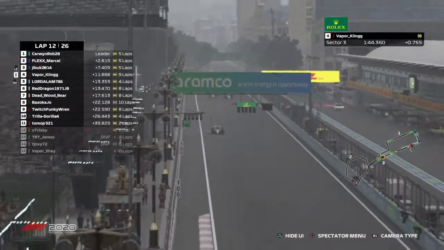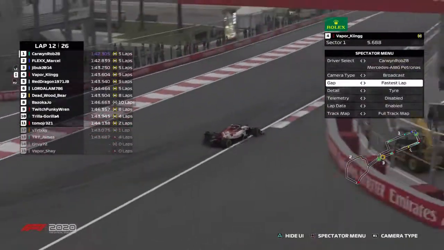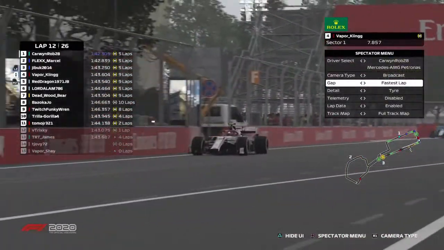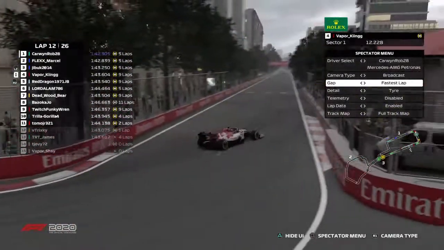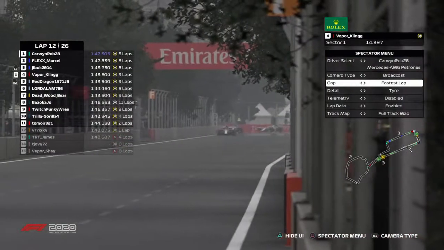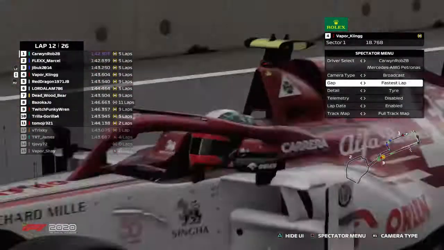But let me just see who's the fastest lap of the race so far. That would be Rob with a 1:42.3. That's 5 tenths quicker than Flex Marcel, and a drastic amount quicker. I think as long as he doesn't have any incidents,